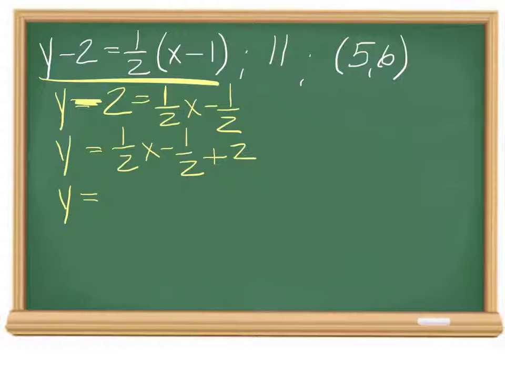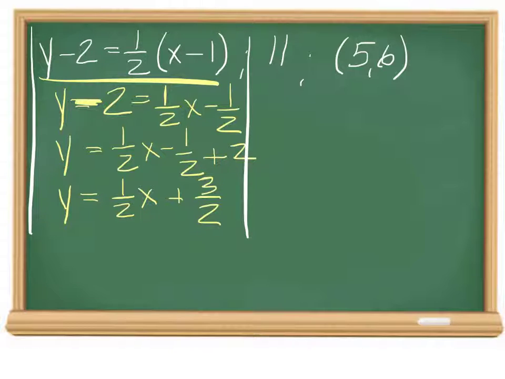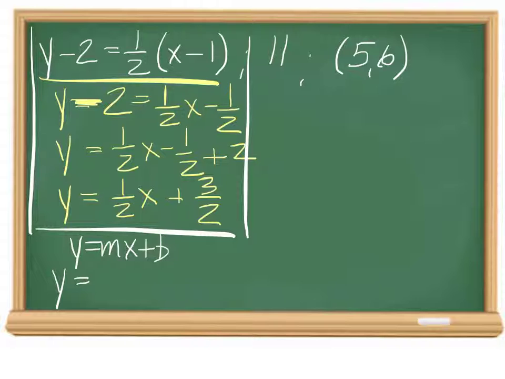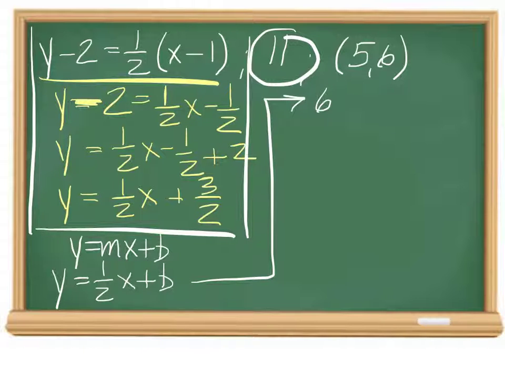A negative half plus 2 is plus 3 over 2. This has just been rewritten, so we can come up with a slope that would be easy to use. Alright, start with y equals mx plus b. And we're going to use the same slope because it is parallel. So that would be a half x. And now insert the point 5, 6